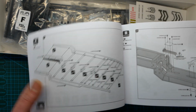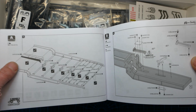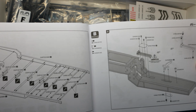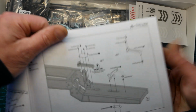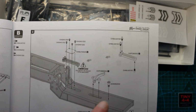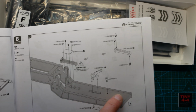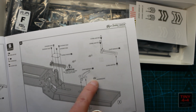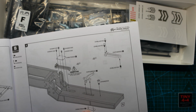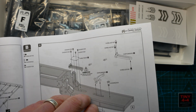So we start off making the main frame rails, all the cross members going in. Interestingly, it looks like all this is being glued. And then this part looks interesting to me. I don't know if you can see this, but underneath, where the trailer attaches to the truck, we've got a pivot, and then what looks like a release latch, and this piece here with some ball heads on it,